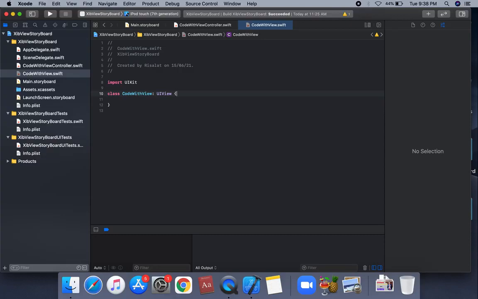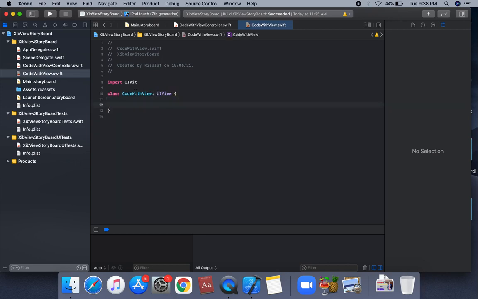From that simple definition, if you want to create a common view and reuse the view in multiple places, you can create a XIB view, but without a XIB. So this is a code view type of UI view.